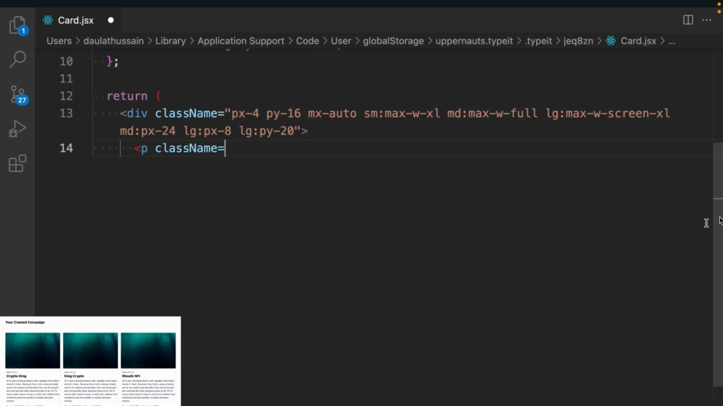Now we have to take the p tag, and define the classes. Padding y is going to be 16, text is going to be 2xl, font bold, leading 5, and we have to display the props we are getting. So the title,